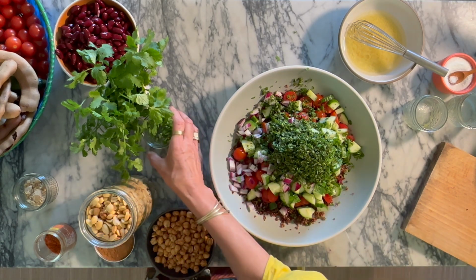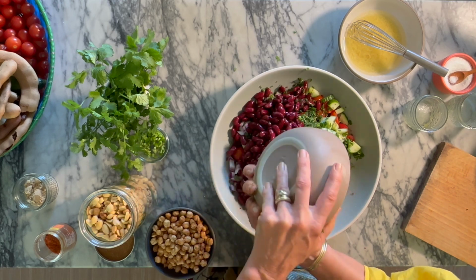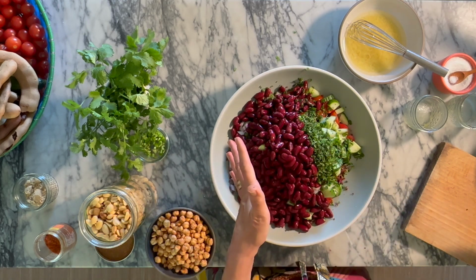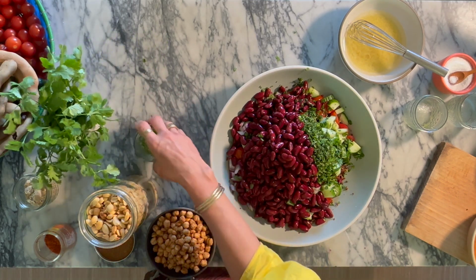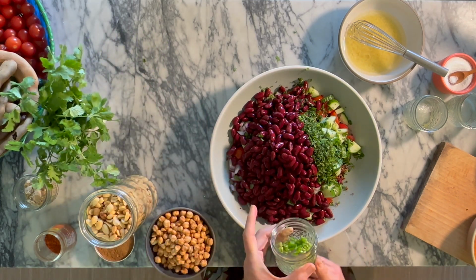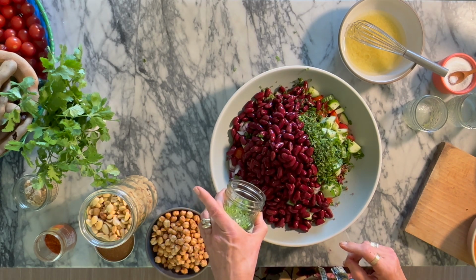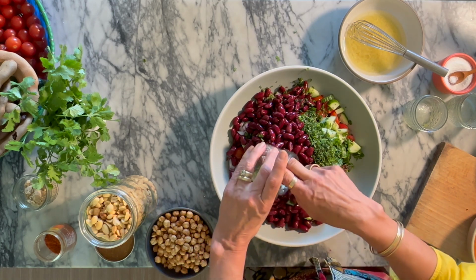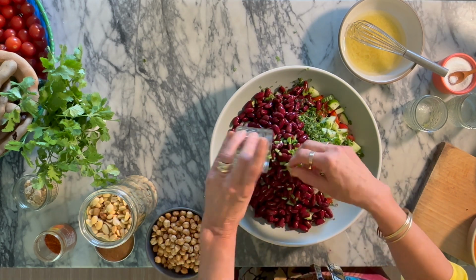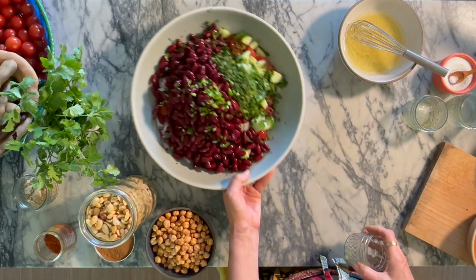And then to that, we add red kidney beans to the whole mix. And I just use canned, makes life easy. And we'll finish it up with just a little bit of heat from a finely chopped Serrano chili. Now, it's not too much heat that the salad gets from this chili because I make a point of